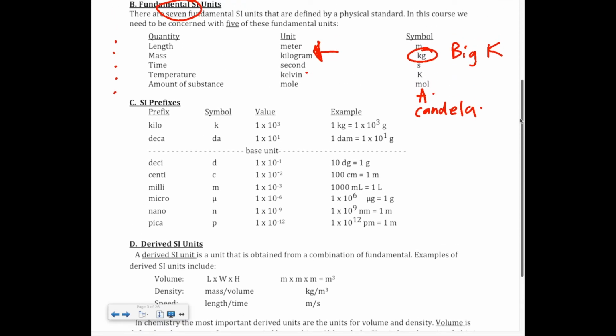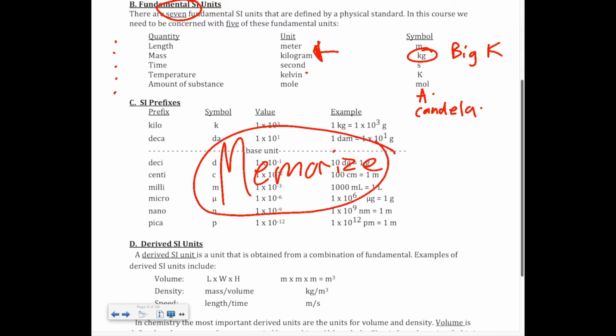Now, let's talk about these prefixes. What I must say is that you must memorize these, please. You must memorize what the prefixes are. Specifically, I'm going to tell you this,